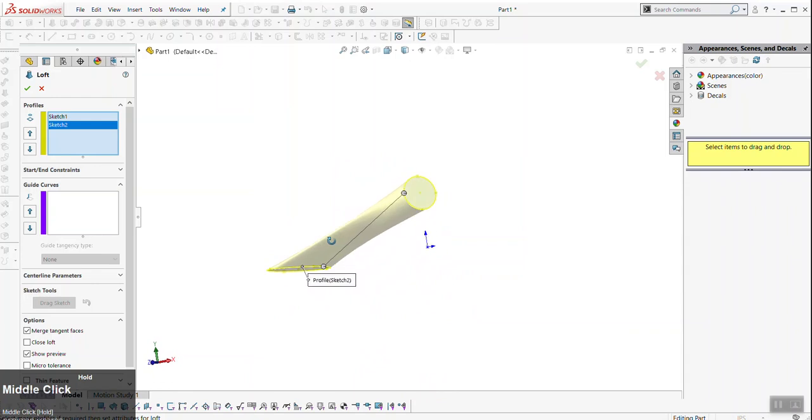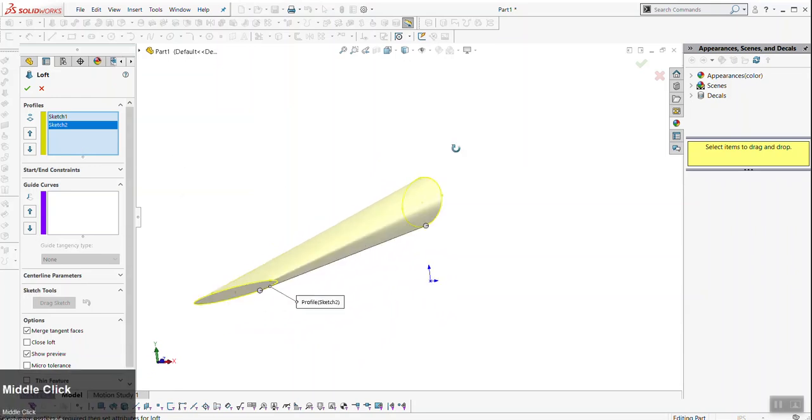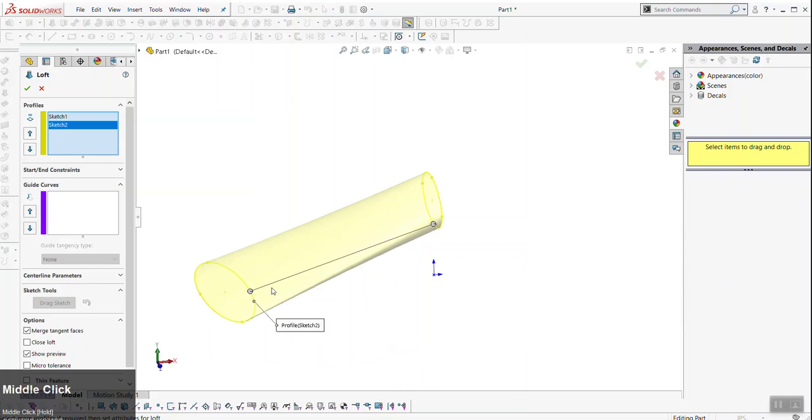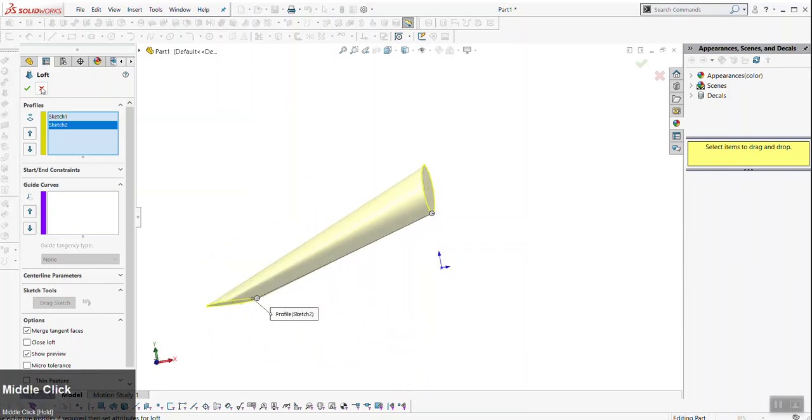Now, ideally, your loft isn't left up to this anchor point. In fact, this anchor point is a very bad thing. This is just a quick and dirty, loose way to work on something. Better than this would be to use a sketch in place of this line that's put in here. So I could, for example,